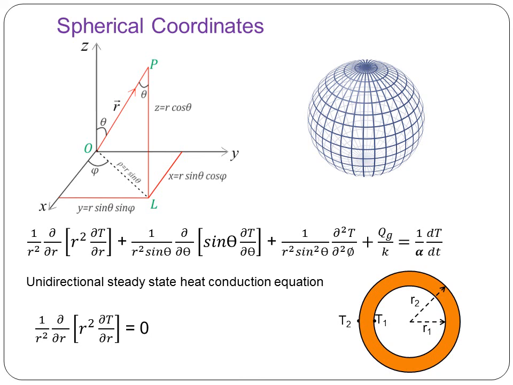Similarly, if you integrate the unidirectional steady state heat conduction equation for the cylindrical coordinate, you can get the temperature distribution equation for the cylindrical coordinate system. So, this gives you a complete idea about the general differential equations which can be obtained starting from Fourier's law, using energy balance. You can finally obtain these expressions, which can be used in the analysis of the Cartesian coordinate system, the spherical coordinate system, and the cylindrical coordinate system. Thank you.